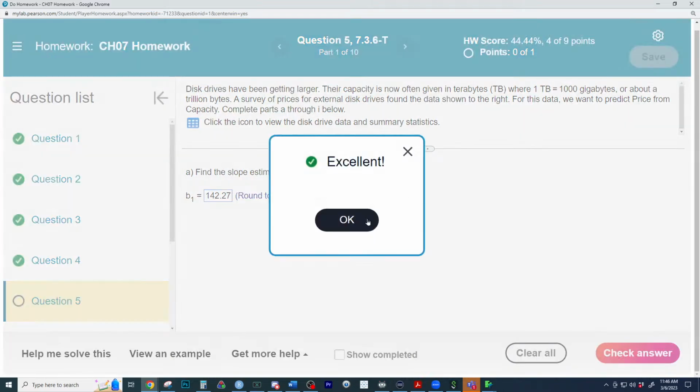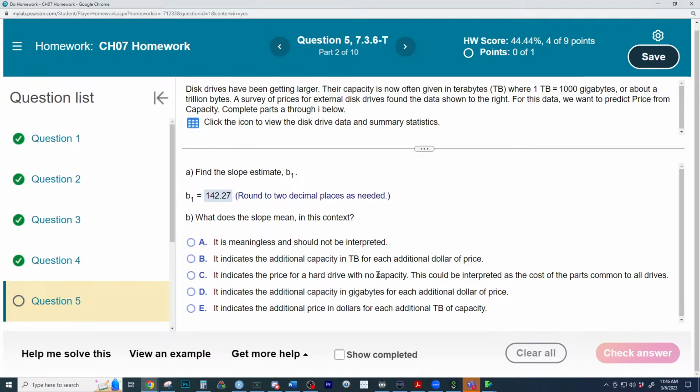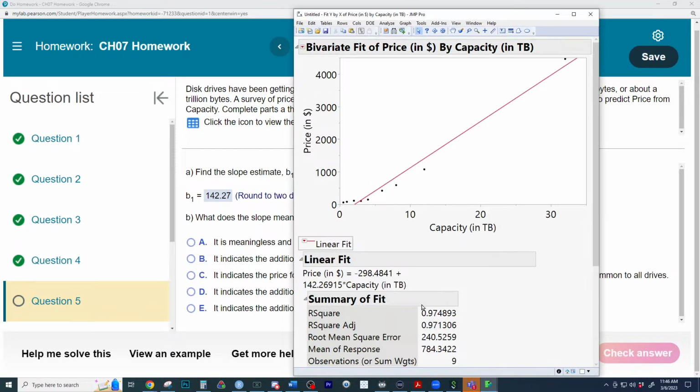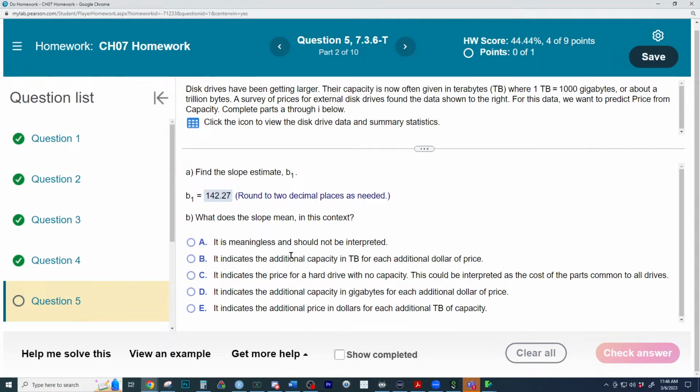There we go. Boom. What does the slope mean in context? It's for each additional, let's see right here, it's for each additional terabyte. We expect the price of a hard drive to be this much more expensive, because you can see right here, it's for additional terabytes, the increase in expected price of a hard drive. So it indicates that,